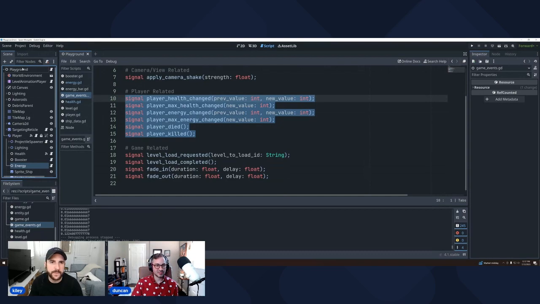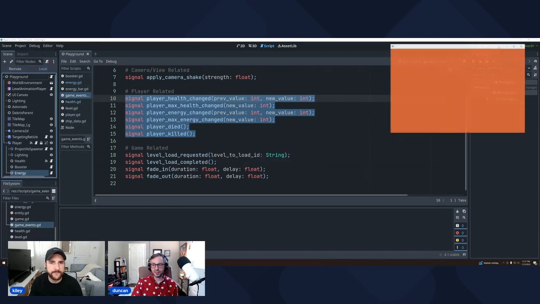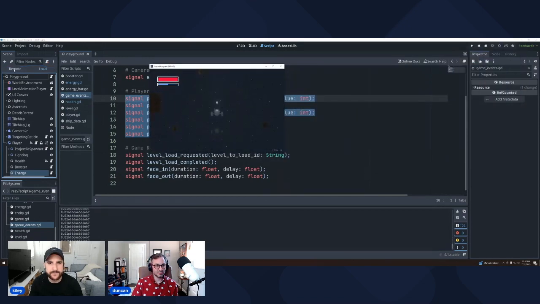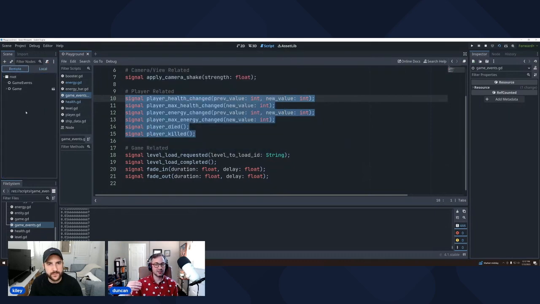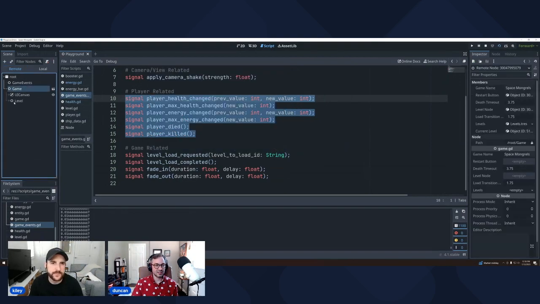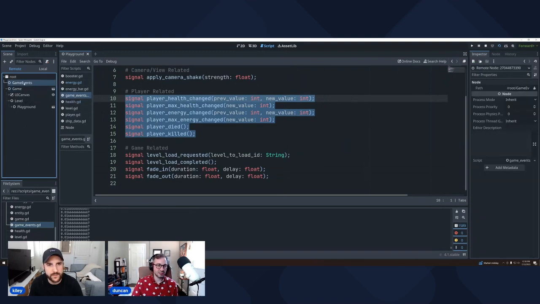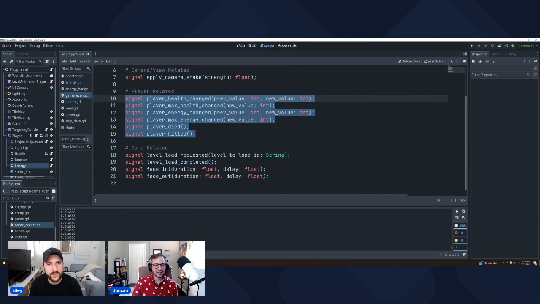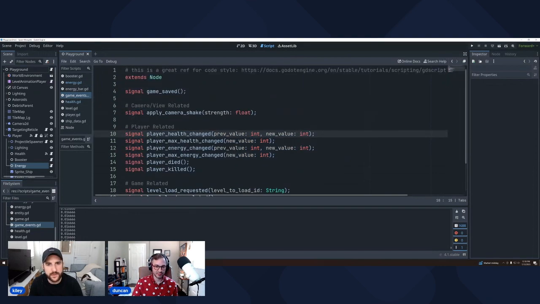You'll notice that game events are not in here, right? Now, if we play the game, over here, we see a remote and a local tab. So local is like what you're working on. Remote is like what actually is happening in this game that is running. So you'll see here, we have game events has been loaded, and then there's actually a game, a level, and then playground is finally here. But the thing I want to show is game events is getting loaded into the hierarchy. So cool. And auto loads are accessible anywhere. So it's kind of a singleton, basically.